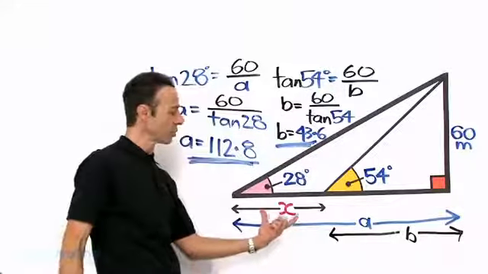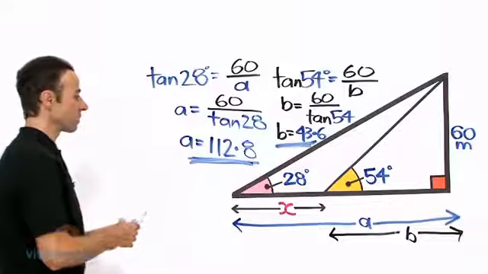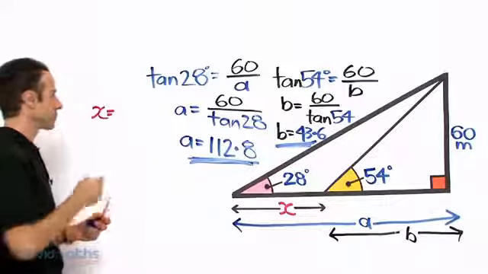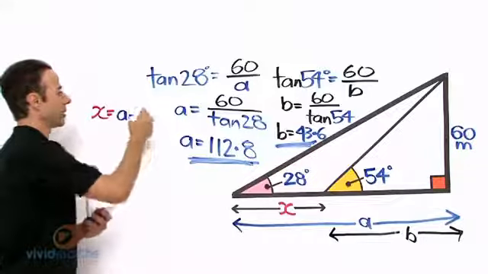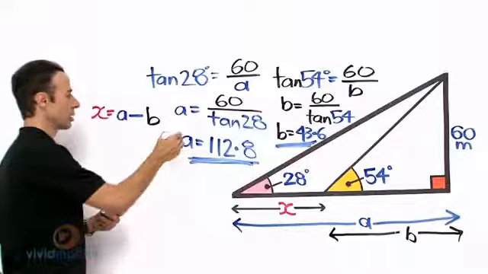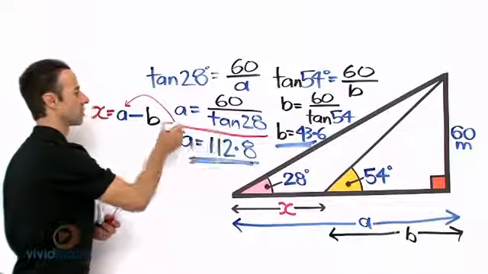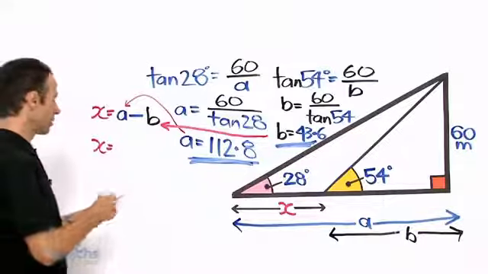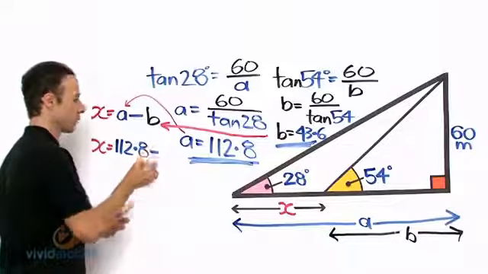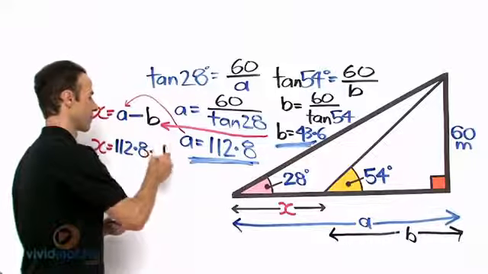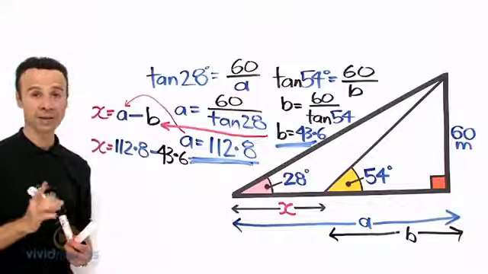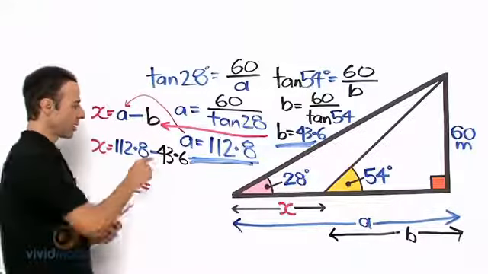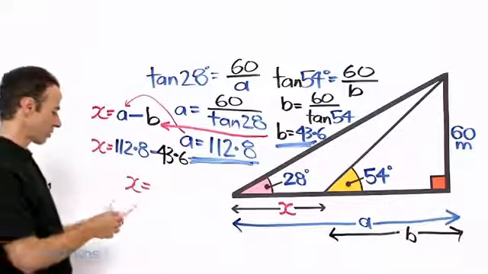We subtract B from A, and that will give us X right over here. So let's do that over here. So let's pull these numbers up here. So X, the missing pronumeral right here, equals A minus B. And let's see now, where's our A? Well, our A is right there from here, and our B is right there. We worked out previously, yeah? So A minus B, X equals, let's write them in again in full, 112.8, take away 43.6. Now we want this in one decimal place, yeah? So X equals, let's see now in the calculator, 112.8, take away 43.6, subtracting the two gives us a grand total of